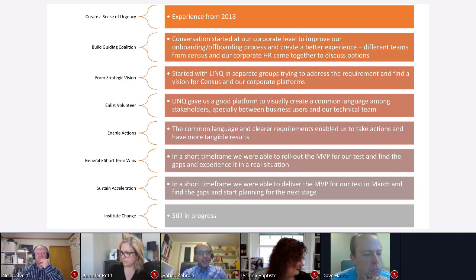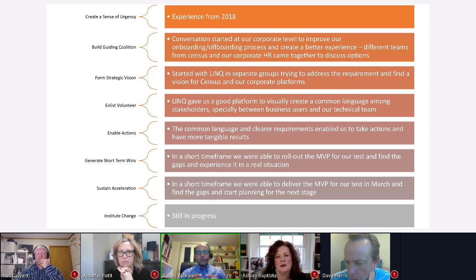Thanks. So if I add this framework to our experience, it may give us a better understanding of the experience and show how LINQ has helped us in some of the stages of this process. So for us, the urgency was already there. The experience from 2018 has proved that we need to pay special attention to this offboarding, onboarding process. That sense of urgency brought about the support of the leadership team to bring together a group of people,